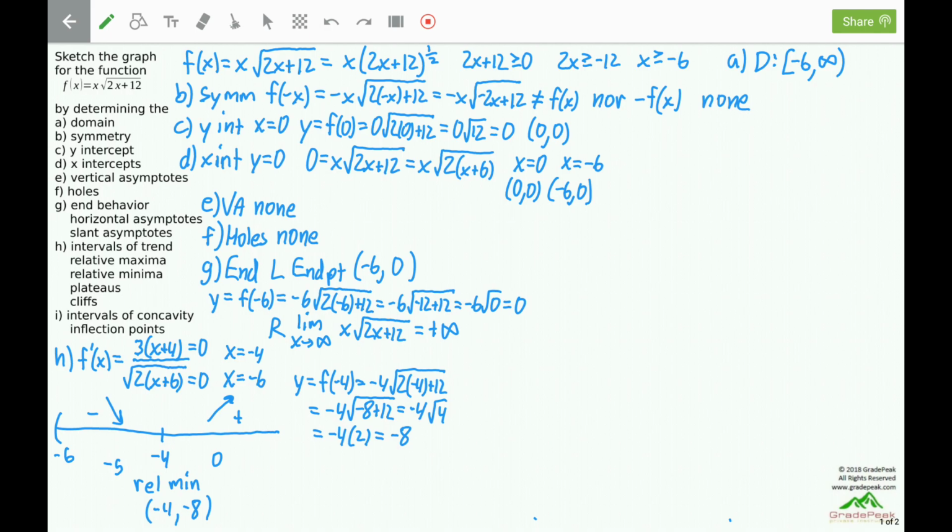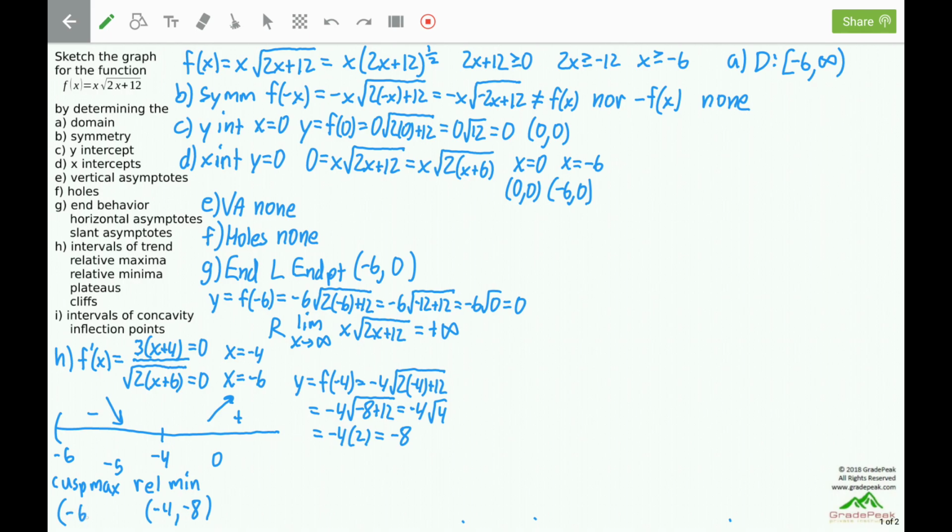And therefore, at x equals -6, we will have a relative maximum. x equals -6, notice, came from the denominator, so it isn't a normal maximum, it's a cusp maximum. So we have a cusp maximum